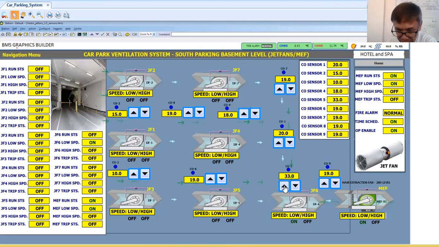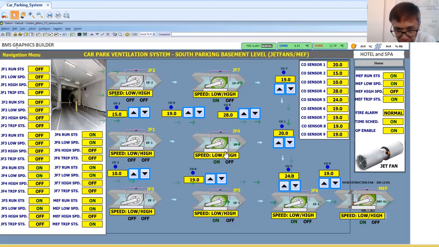Let's say there is still a rise, then high speed. Again, I need to check my control logic here. Now CO4. Let's check this. What will be the response? This one will run at low speed, low speed, low speed.